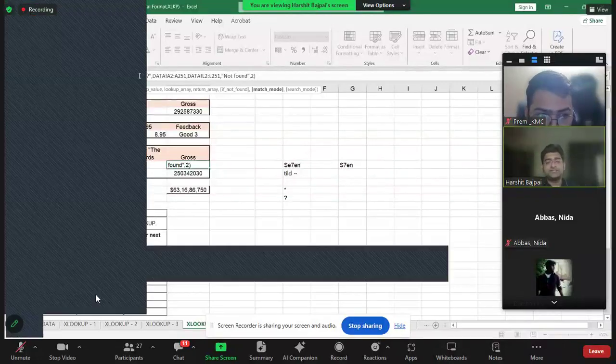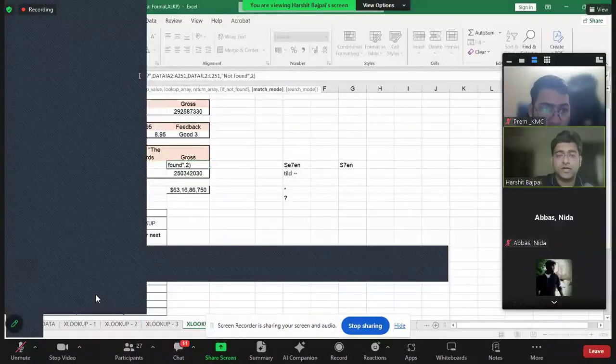So question mark means before 7, 2 characters, and after 7, 2 characters. There should be 2 and only 2 characters to the left and to the right. Okay. So that is where we have the question mark